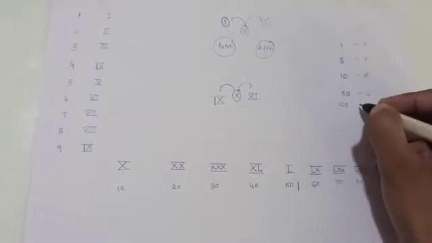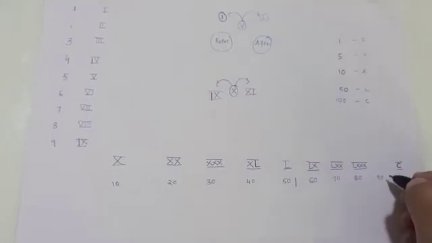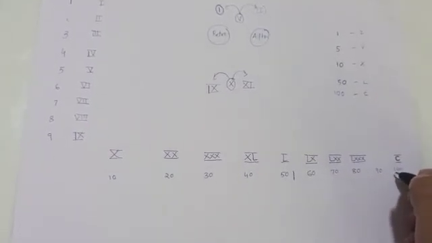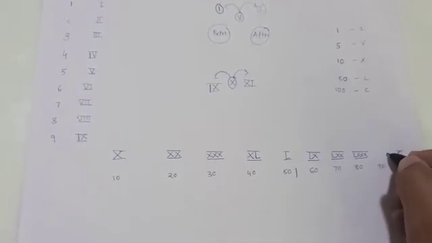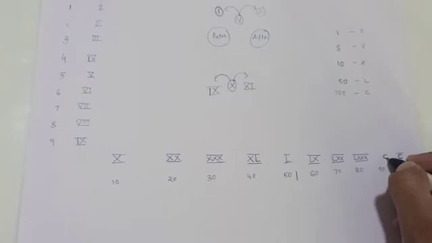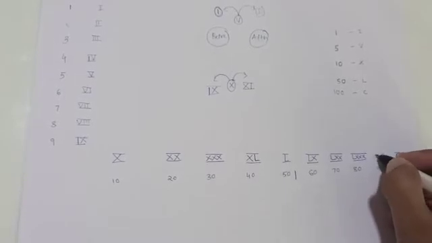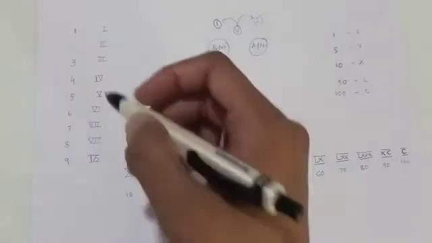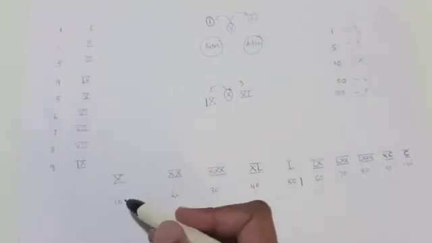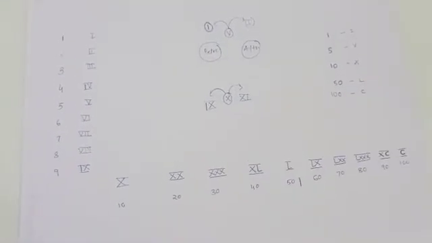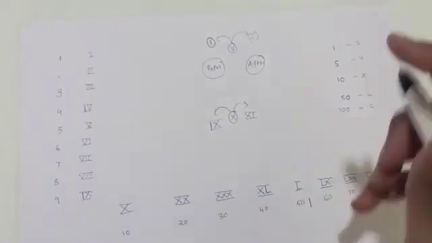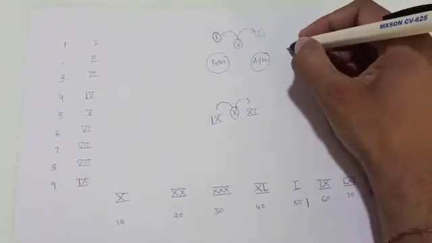Here I can write it down, 100 is a C. So we have to cut or deduct 10 from the 100. So this becomes 90. So C for the 100 and minus 10 is X before it, XC. So here we have written 1 to 9 and 10 to 100. Okay, students, so it is easy for you. So you can randomly find out any number.